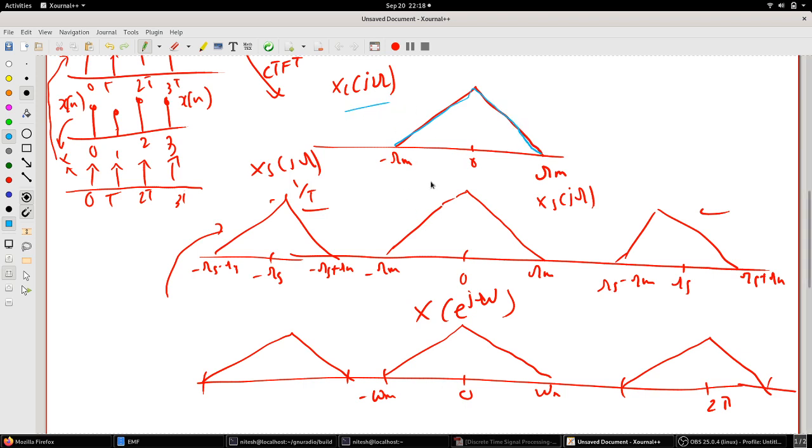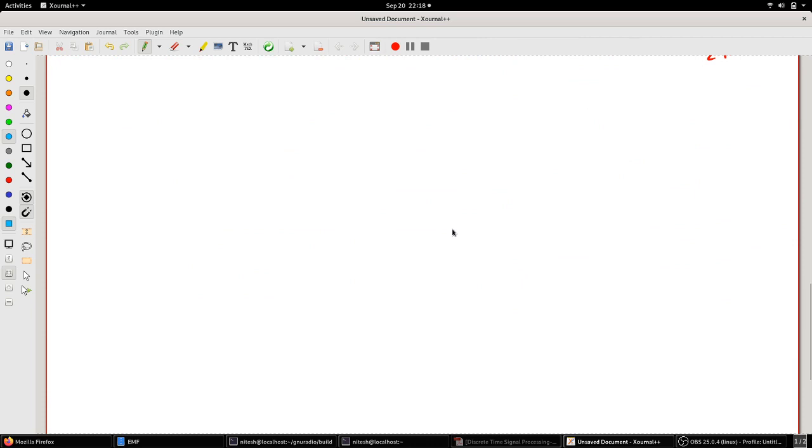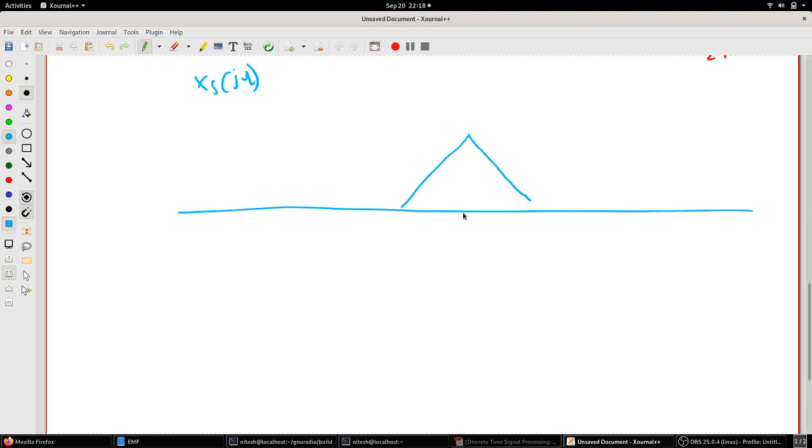Now to get back the original content, what I have to do is pass this, which is your Xs(jω). Let me draw the Xs(jω), which was something like this: 0, ωm, minus ωm, and this was repeating. If your 2ωm is equal to ωs, then this is what you will obtain. If you see, there is a lot of replication here. Now what I wanted was only this one here.